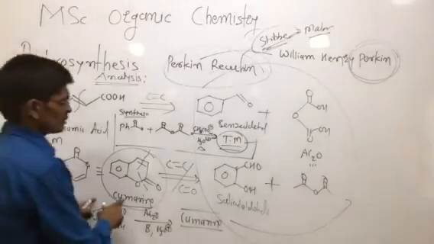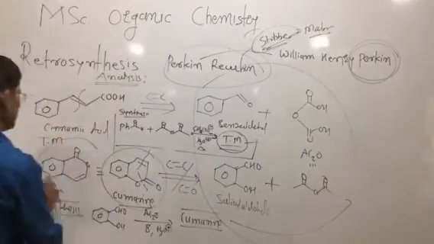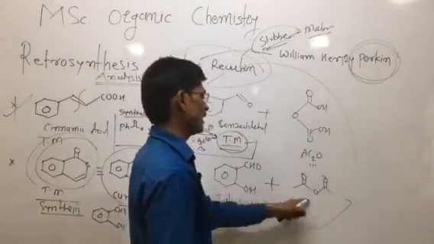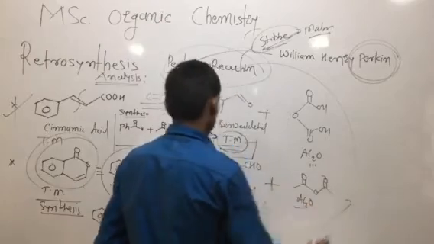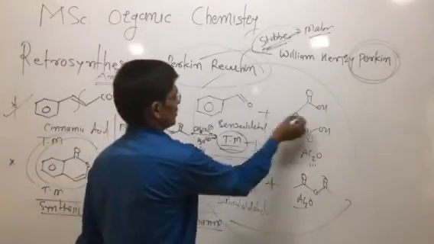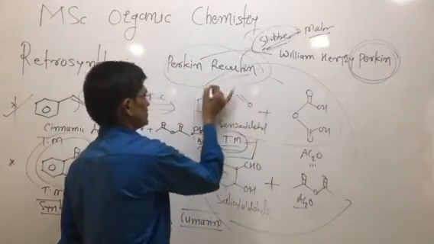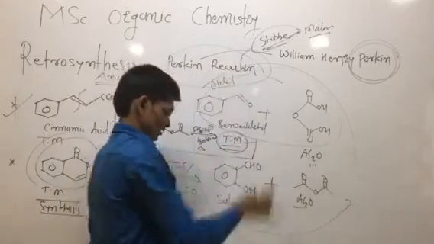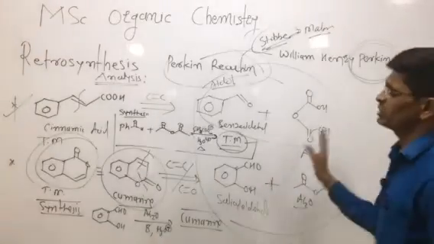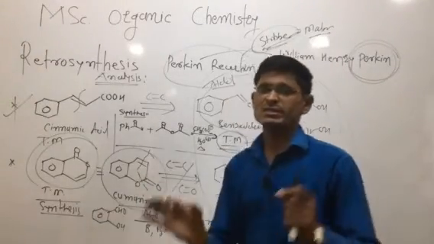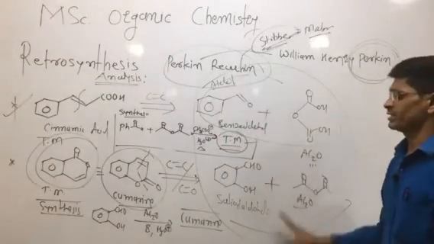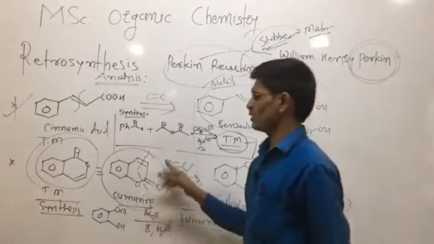So, one application is the formation of coumarin by the Perkin reaction, starting from salicylaldehyde and acetic anhydride. These are condensation reactions. The condensation between two molecules is the route applied, that is the aldol condensation reaction. These are the preparations, or synthesis, of cinnamic acid starting from aromatic aldehyde and acetic anhydride. Here, this type of compound is coumarin.